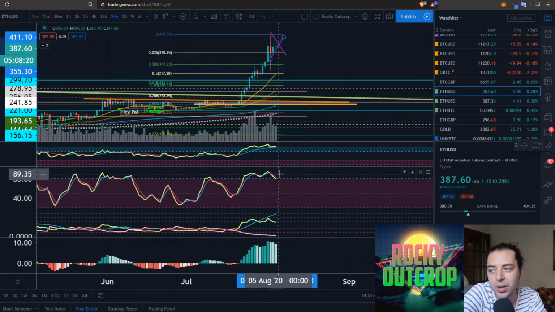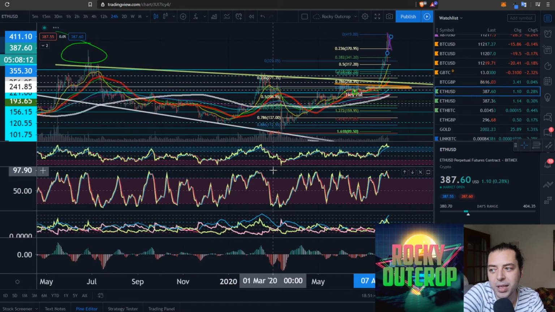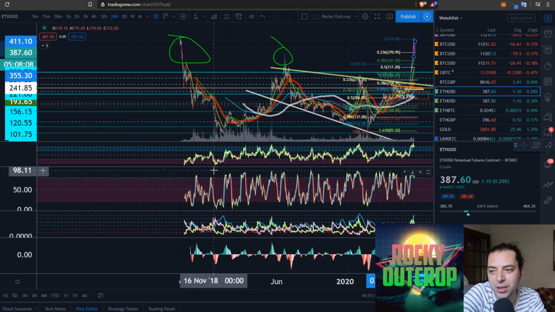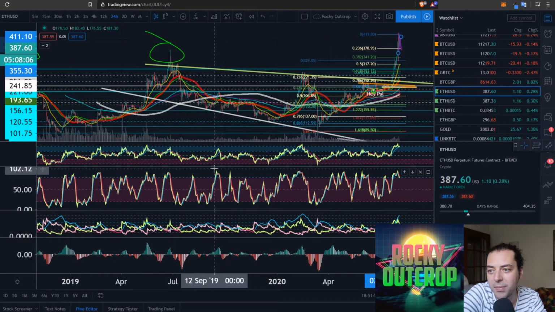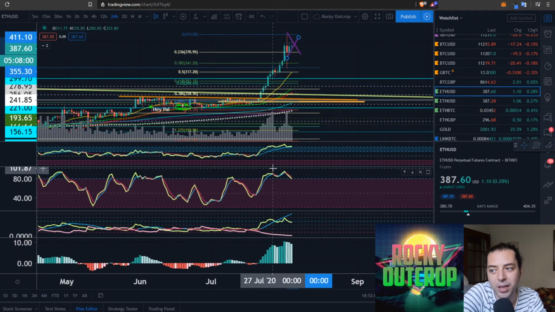And if we do, then it would have to be a little bit of a warning sign for us, in the sense that we've come up very, very high in the stochastics. If I just scroll to the left, keeping my mouse in exactly the same place, you can see that we're up here, and what is considered in terms of the BitMEX chart, we're up here now at our all-time high type area before the stochastics turn around, resulting normally in a pullback in the price.